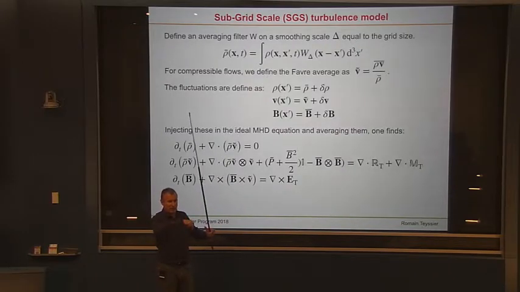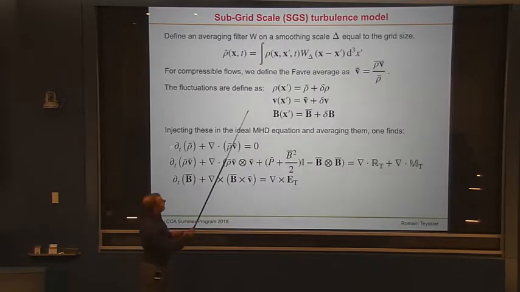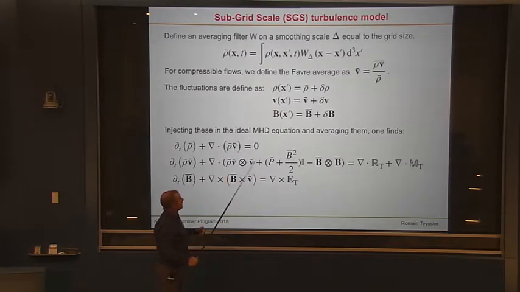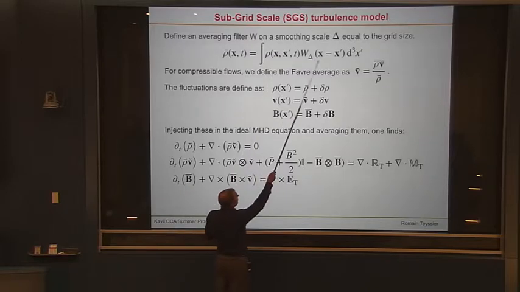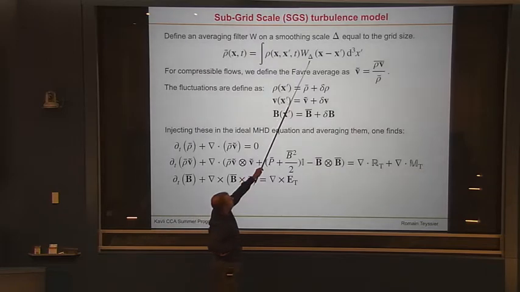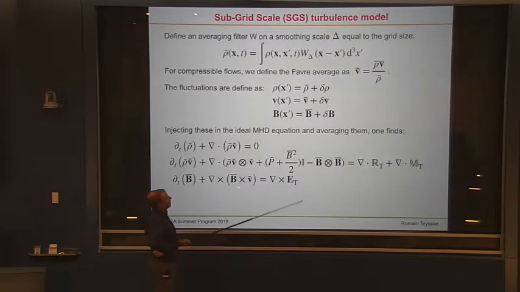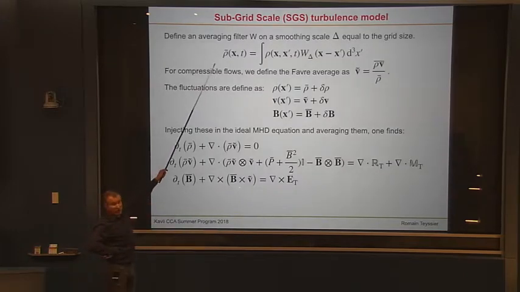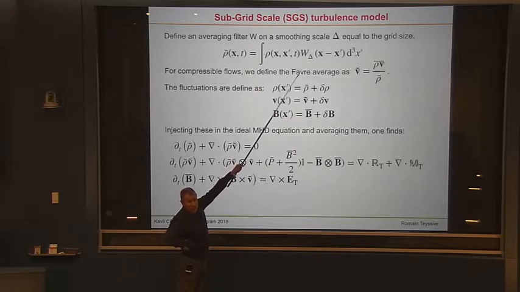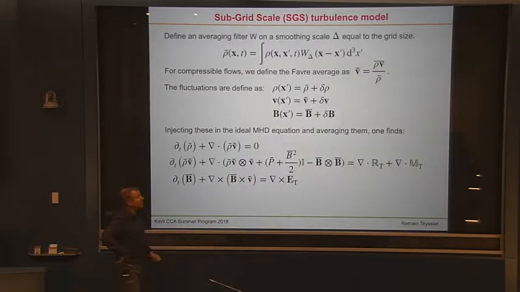xi, one cell, and x prime is the coordinate inside this cell. Okay? And then what you do is you define the average density inside this cell as a smoothing operation. So you convolve by a smoothing window, and the smoothing window has a size which is equal to the cell size. Right? And of course, it's a convolution operation here. And so by doing this, you can define the average density, which is your numerical density. That's the density you define. So if you want, that's the finite volume. It's basically the finite volume integration of your density field.